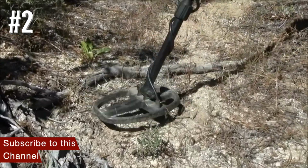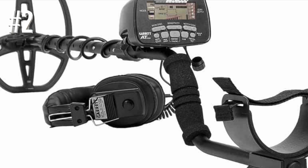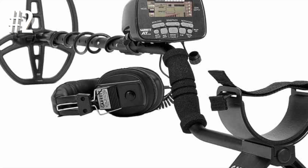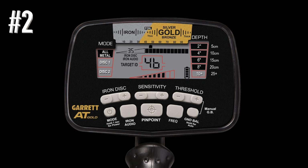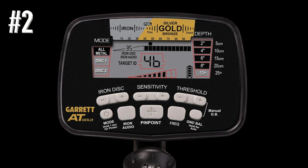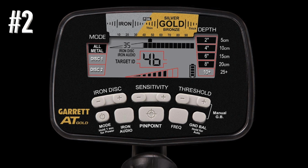The AT Gold display has all the information you need and more. It will show you the depth, mode setting, and battery life, but will also give you a digital target ID. This will tell you what type of metal the target is by giving you a number. This detector runs on an 18 kHz VLF frequency and comes with a 5-inch DD coil. It runs on AA batteries, so you'll have to stock up as these can drain on a long day out